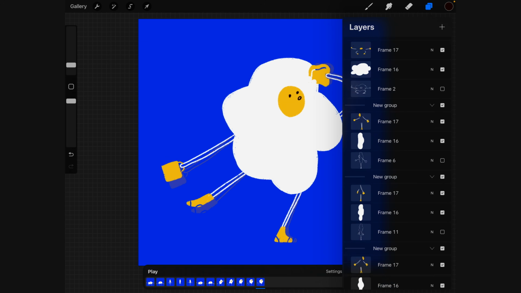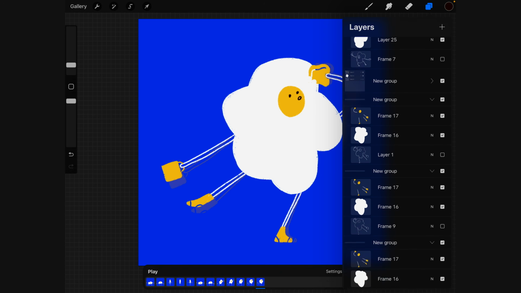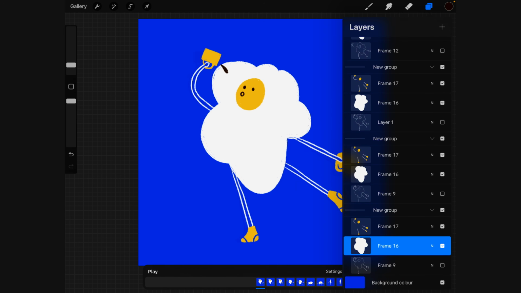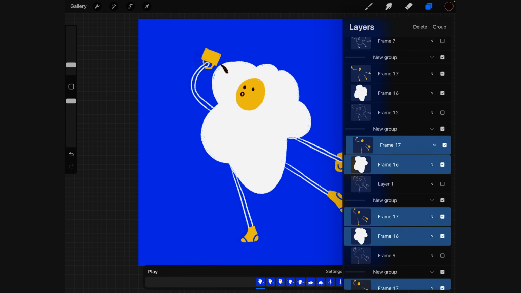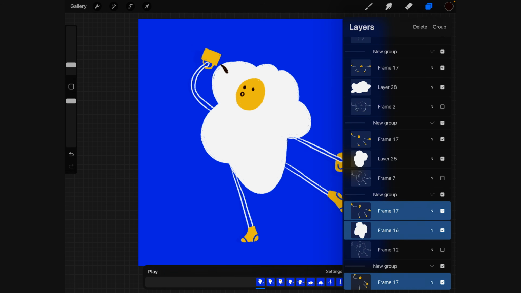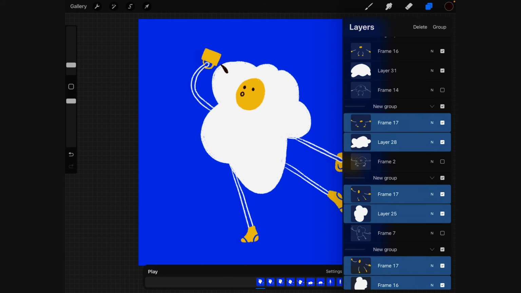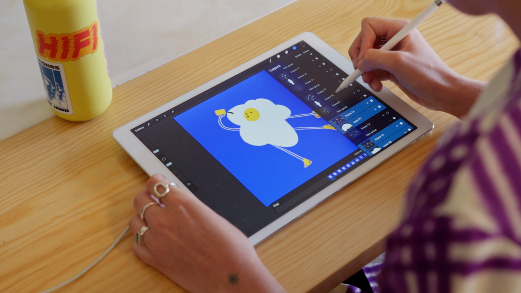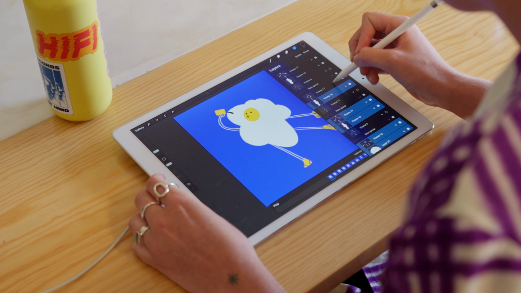So let's make sure all of these groups are open, expanded. There's a sneaky one, and we can select all of these. You're just swiping right across, selecting all of these real animation drawings, none of the rough ones.